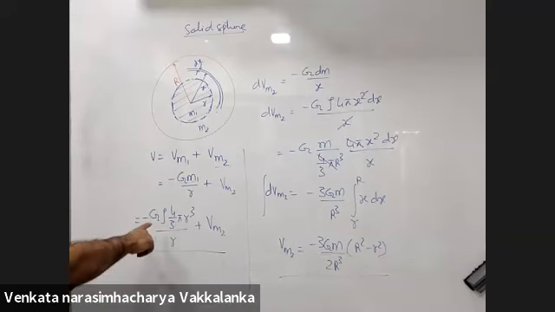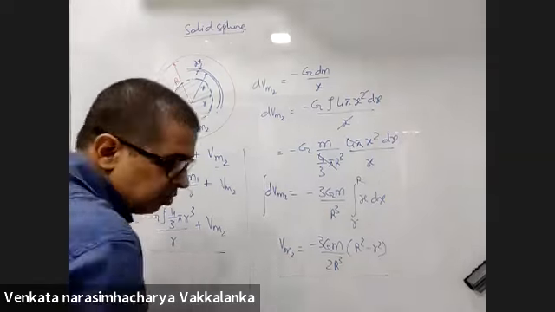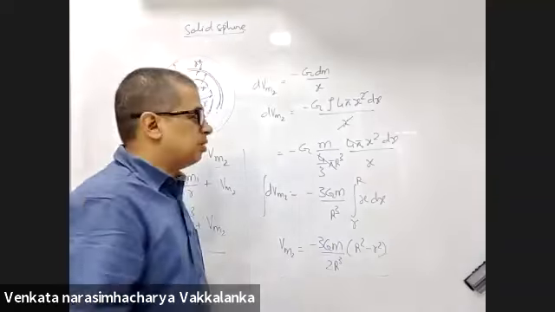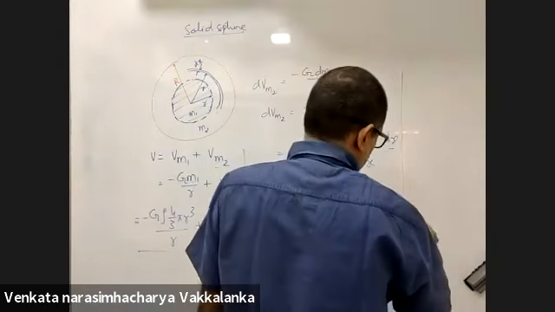Substitute Vm2 here, substitute density here, and your final answer I need. Take it down till here and give me the final answer. Because how did you get 4 pi x? It will not be 2 pi x, 2 pi x square dx? Surface area of a sphere is 2 pi x square according to you? No, sorry sir. Surface area of a sphere.